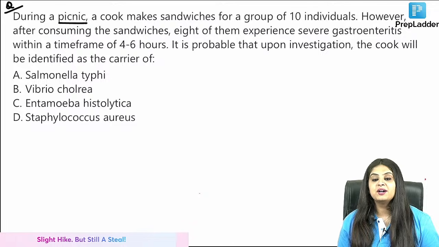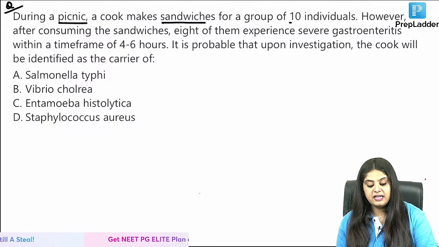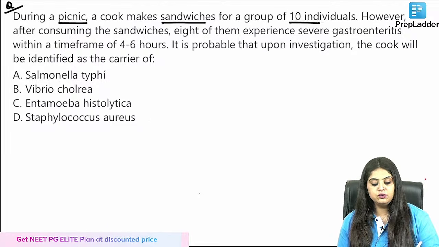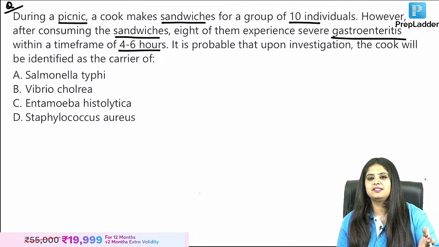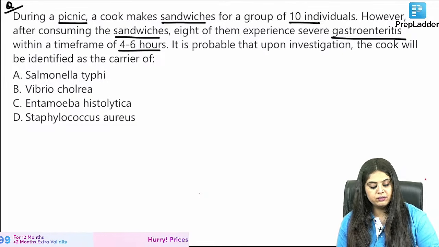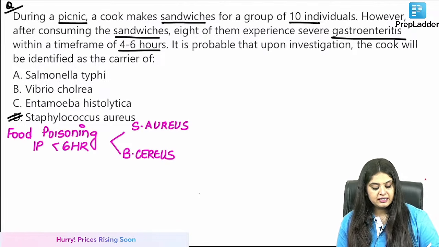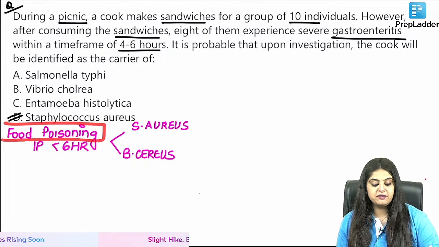During a picnic a cook makes sandwiches for a group of 10 individuals. However, after consuming sandwiches, 8 of them experience severe gastroenteritis within 4 to 6 hours. This is memorized, ma'am. Answer is going to be Staphylococcus aureus, which means that whenever they give me food poisoning,